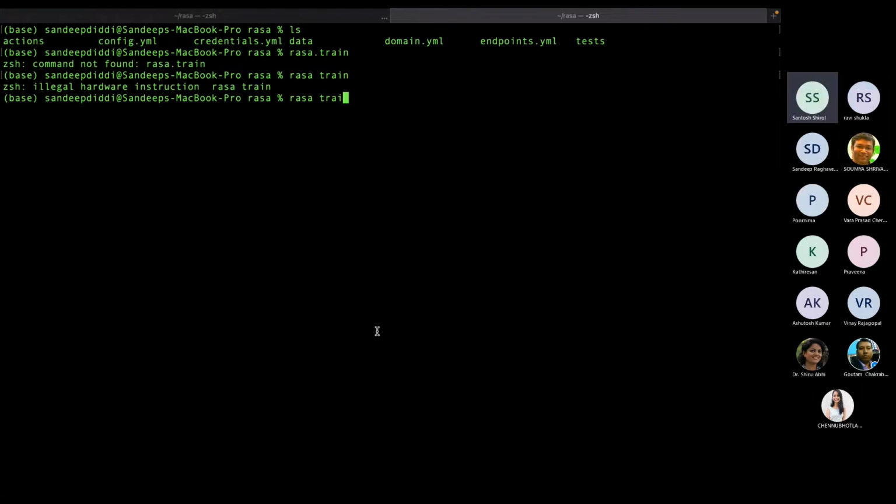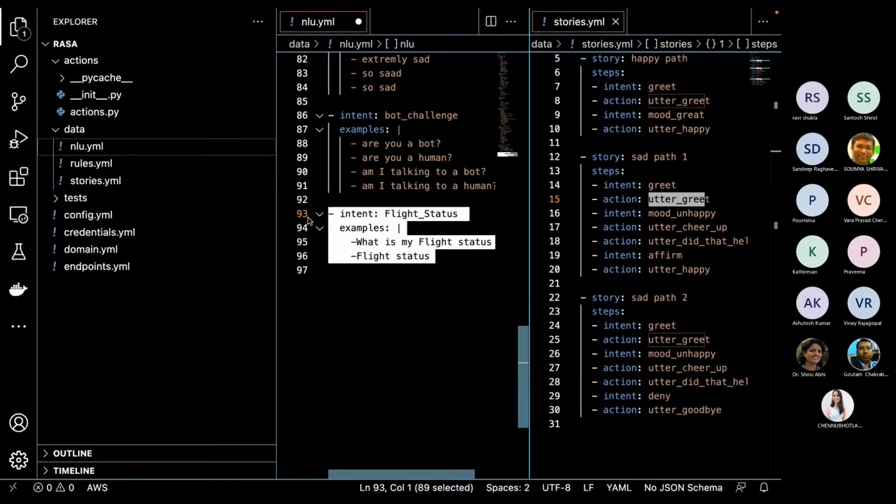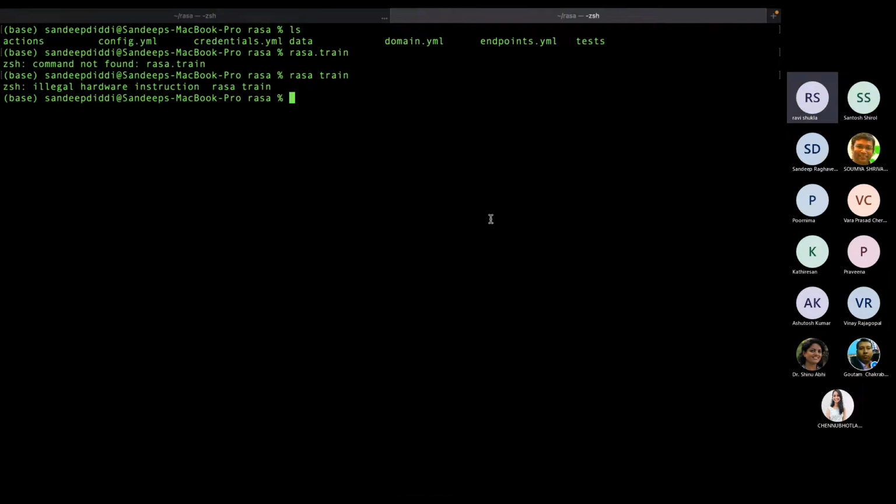So now we need to include the action also, for whatever we have done for NLU. Same in the domain.yml also we need to have. No, no. But for me, it was actually doing a train. Okay, just a minute.